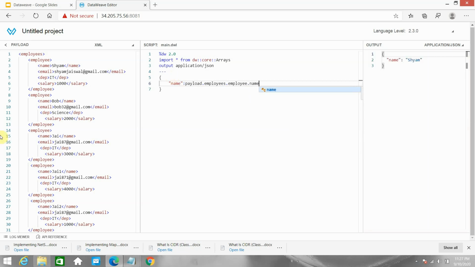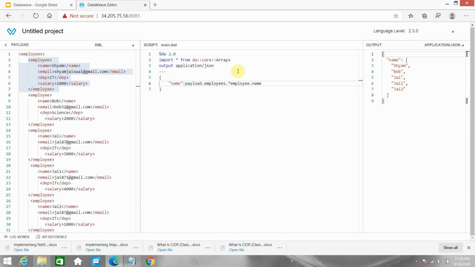In this case it just accesses the first name, not the rest. Why? Because there are multiple employees. To access all the employee names, you can put the star here, and it returns an array of the names.